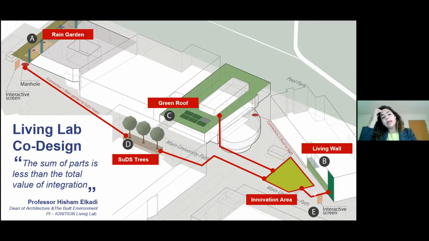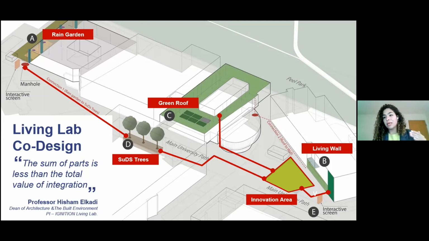Coming on to the design connections, as I mentioned earlier, this is the connection that we have, the rain garden on the very far left of the screen, and the phase 2 basically consisting of the green roof, green wall, and the SuDS trees, with a connection in between of an attenuation volume that makes sure that a lot of water is attenuated and pumped back into the installation. This is just to mention, this is actually an integrated closed system, so with an overflow.